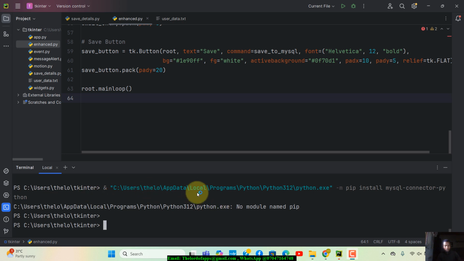So I am working on a particular app and I need to install my MySQL connector right here. But it's telling me that I do not have any module like pip installed, and I need to have pip installed on my machine first of all. That is to the directory of my Python before I can actually use it to install something like my MySQL